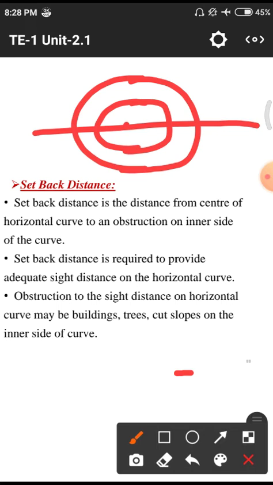Okay, I will explain once again. This is a total transition curve. In the transition curve, the outer edge has more length and the inner edge has less length. If our vehicle is traveling on those curves, we feel some sort of discomfort while taking an overtake. While traveling on those horizontal curves, we need to overtake the vehicle in front, so we need to have some sort of extra widening. This distance is called setback distance.